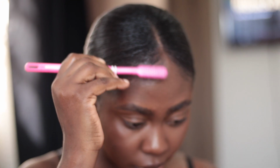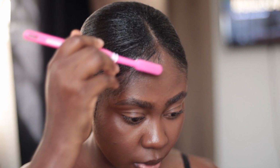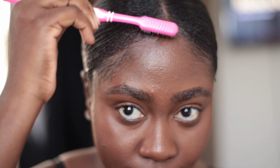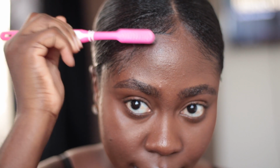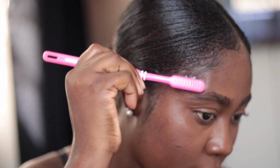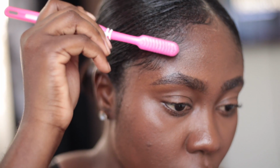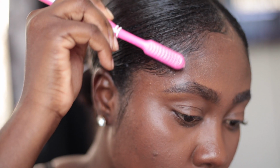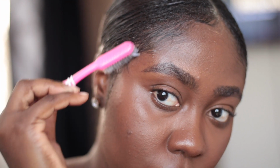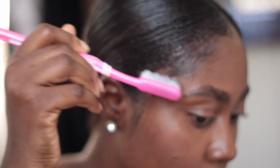So now I like to bring the front, just bring it all to the front like this, so I know what I'm working with, and then I start by doing this. And as you can see, my hair really comes so close to my eyebrows, so I just like to sweep that. They are quite long, so